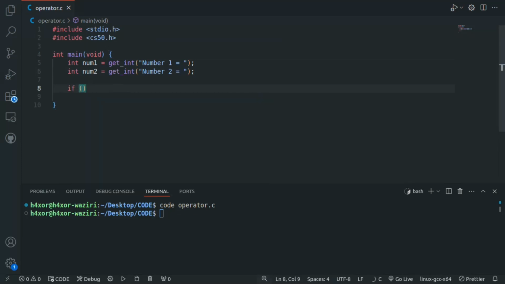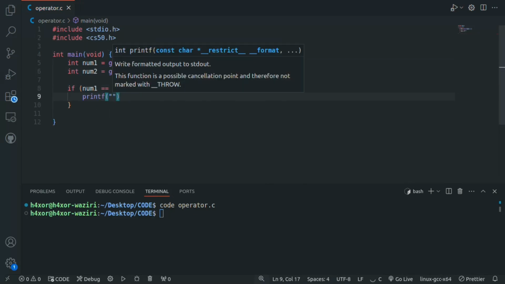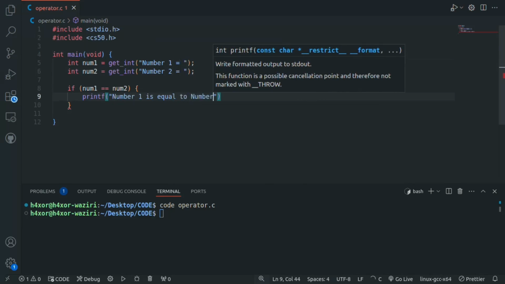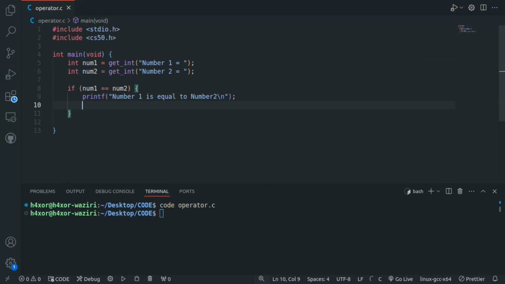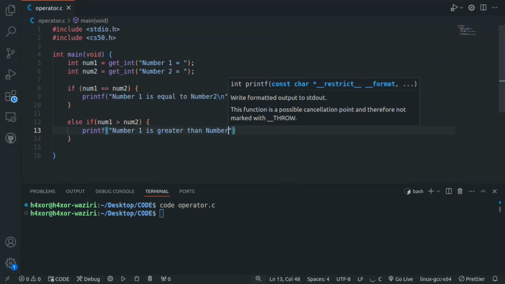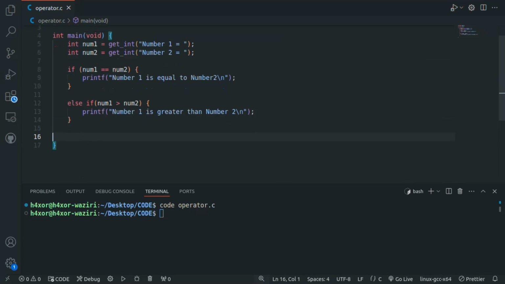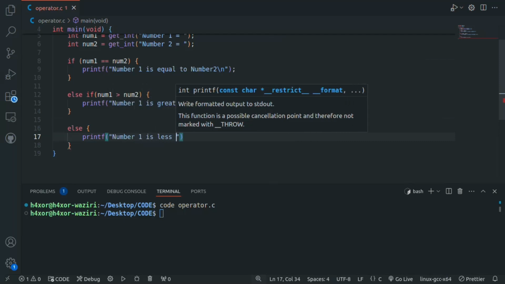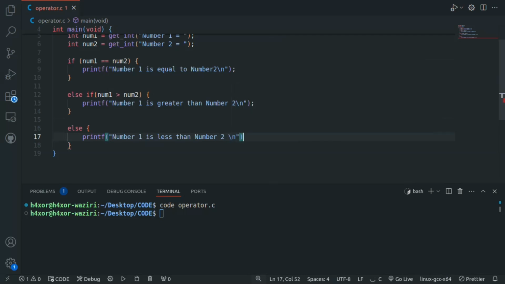Then if, inside parentheses, num1 == num2, then inside curly braces printf("number 1 is equal to number 2\n"); Else if num1 > num2, inside curly braces printf("number 1 is greater than number 2\n"); and at the end else, inside curly braces printf("number 1 is less than number 2\n");